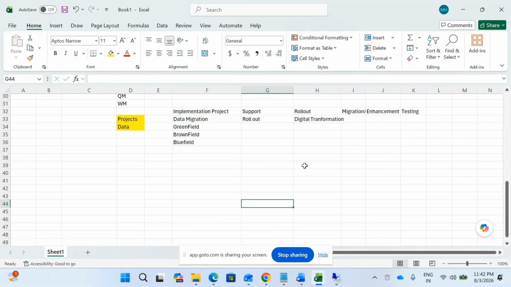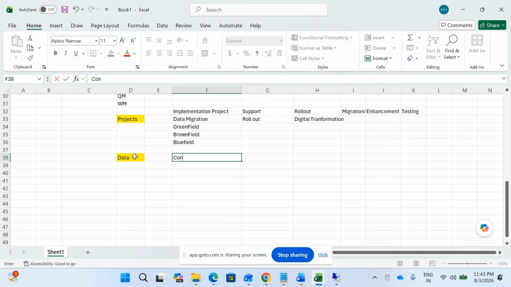Okay, no problem. So these are basically the different types of projects which are there in SAP. Now we come up to the data. There are mainly three types of data. One is configurational data, one is migration data, and one is transactional data. Okay, one is configurational data,